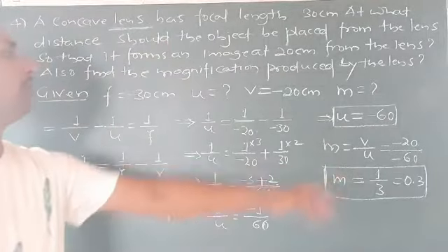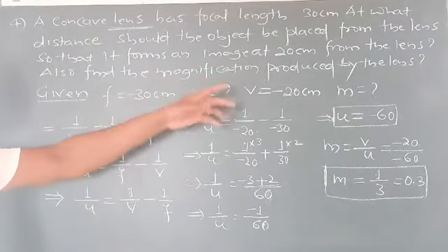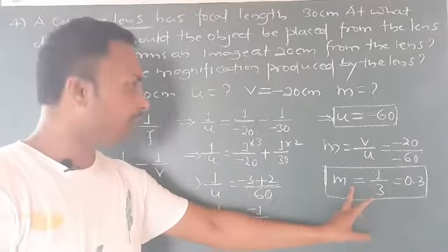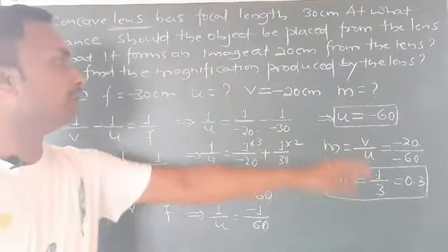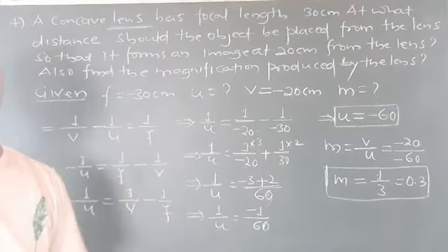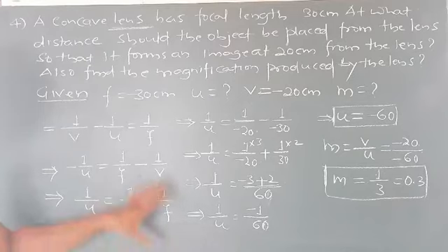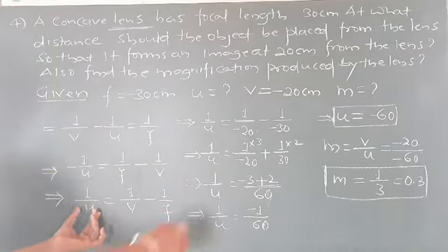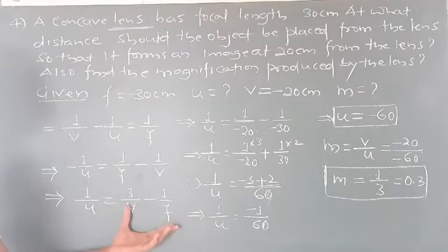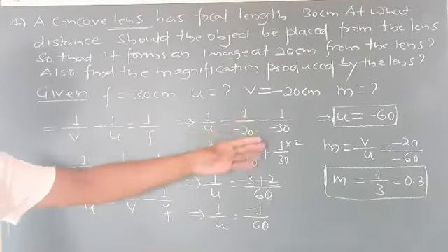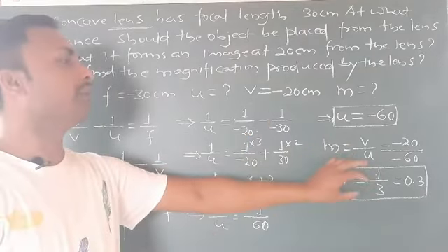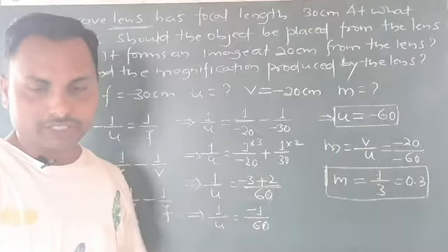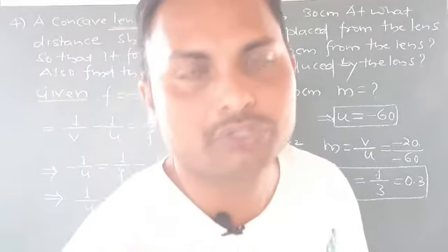And u is equal to minus 60. So, find the magnification produced by the lens. The magnification produced by the lens is 0.3, and object distance is u is equal to minus of 60. I hope you understood very well. You can use the lens formula here. Once you use the lens formula, you keep one quantity on one side and transfer the remaining quantities to the other side. After that you can substitute all the values and get the LCM. Once you get the LCM, you will get your answer. Then the magnification formula for a lens is v by u. Apply it, and you will get your desired answer. I hope you understood very well.